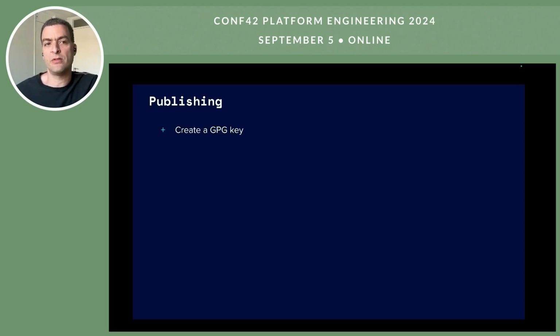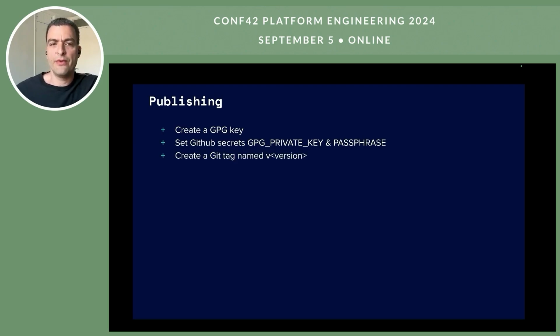You want to publish into Terraform registry. The first step is to create a GPG key that Terraform registry will use to validate that the code is indeed yours. Set the GitHub secrets, GPG private key and passphrase accordingly. Create a Git tag named v plus the version. Could be v0.1.0 or v2.3. Make sure to follow semantic versioning, and this tag is what drives the GitHub action that's included with the Terraform